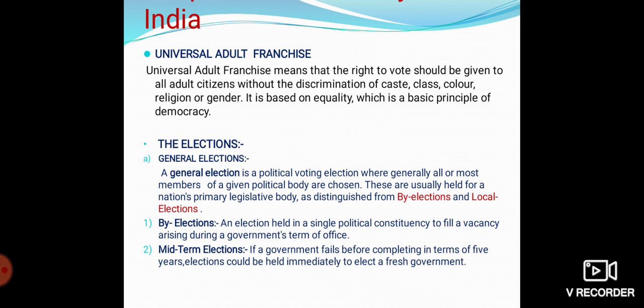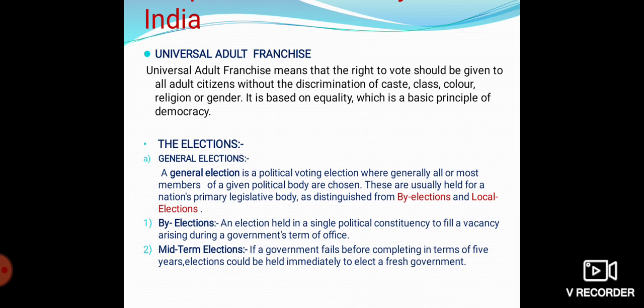Every 2 years, or we can say every 5 years in India, the House of Representatives is elected. A midterm election refers to a type of election where the people can elect their representatives and other subnational office holders like governors and members of local councils in the middle of the term of the executive. Now my question is, what is the difference between a general election and a midterm election?